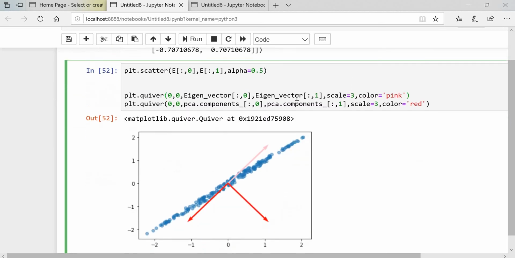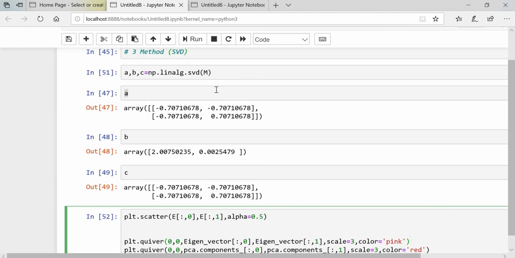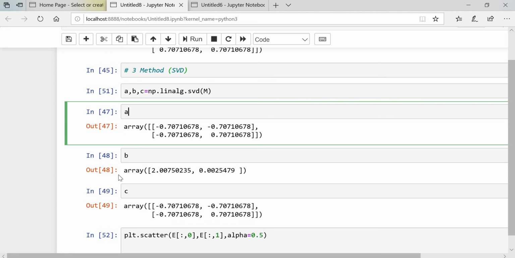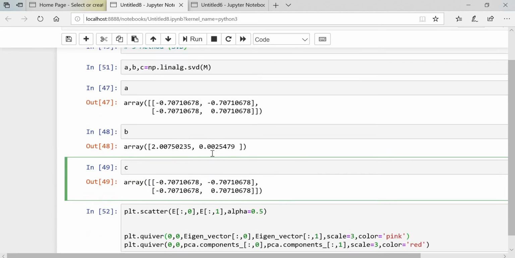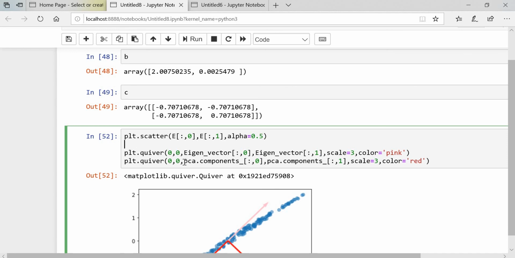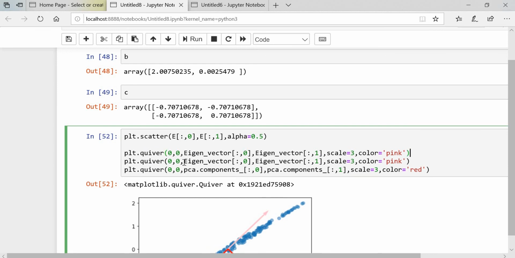Okay, now we'll put the other one, that is SVD. What we have, that is A. We can use this, or the other one, C. Both are the same, right? So I will copy this thing and I will put it here.